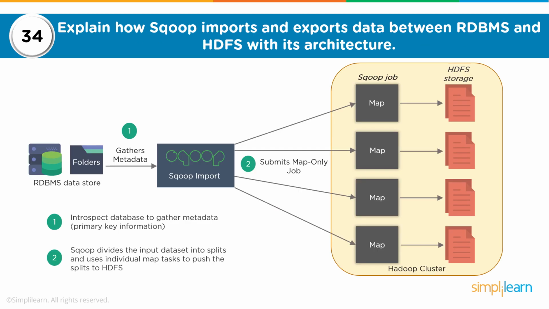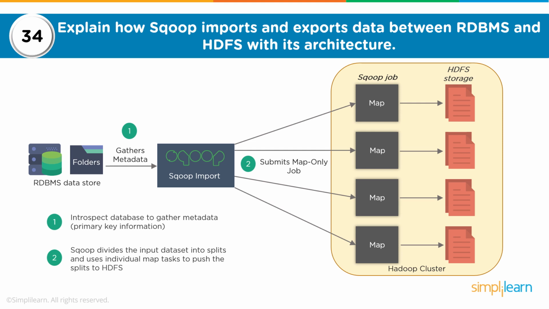Now, let's learn about how Sqoop imports and exports data between RDBMS and HDFS with its architecture. So RDBMS, as we know, has your database structures, your tables, which all of them are logical. And internally, there is always metadata which is stored. Your Sqoop import connects to an external RDBMS, and for this connection, it uses an internal connector jar file which has a driver class. So that's something which needs to be set up by admin, but they need to make sure that whichever RDBMS you intend to connect to, they need to have the JDBC connector for that particular RDBMS stored within the Sqoop lib folder.